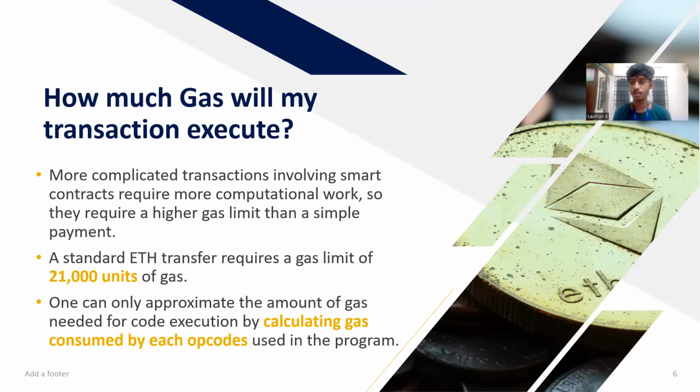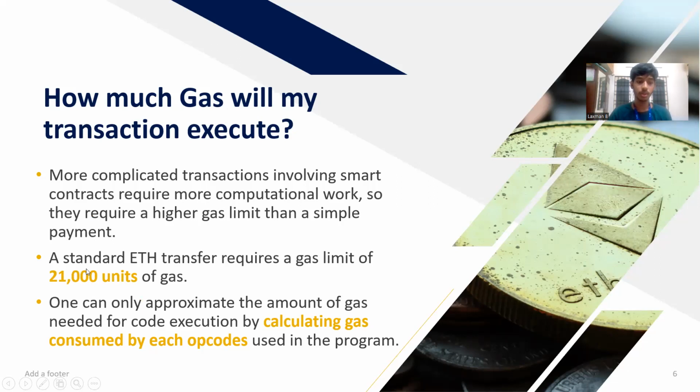Because as simple as it is, if you provide code which has higher time complexity, then you need to provide more computational resources. For more computational resources, you need to pay more in electricity cost. Which means that if you have a transaction with complex smart contracts, then you need more amount of gas. But there is a simple standard